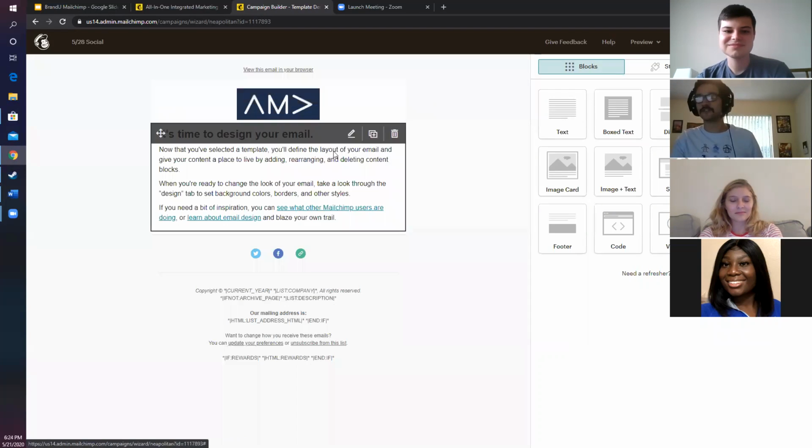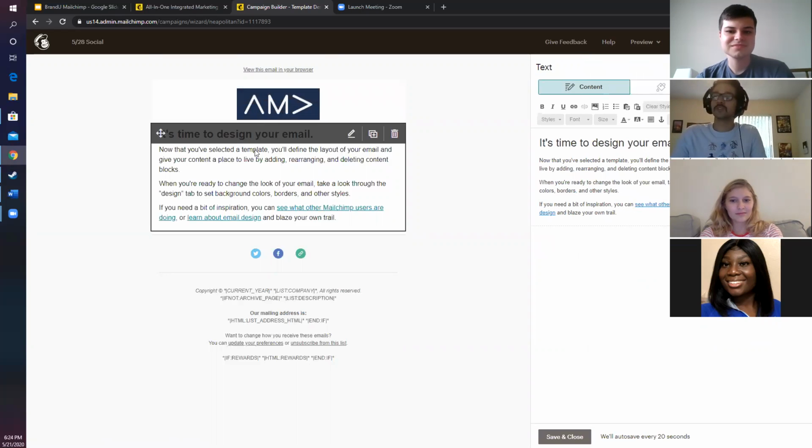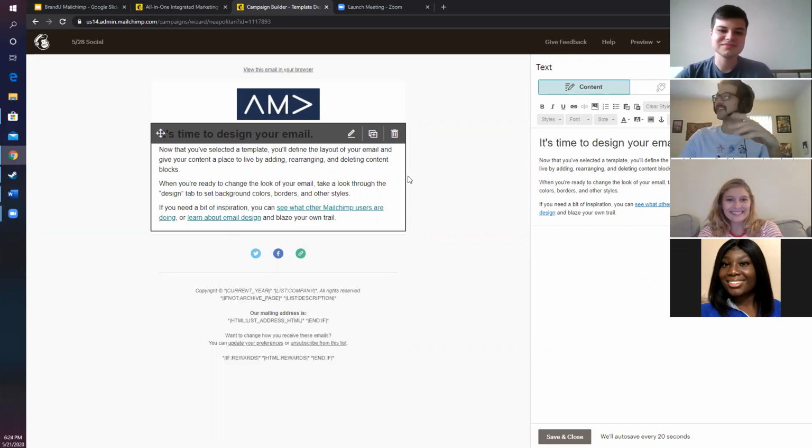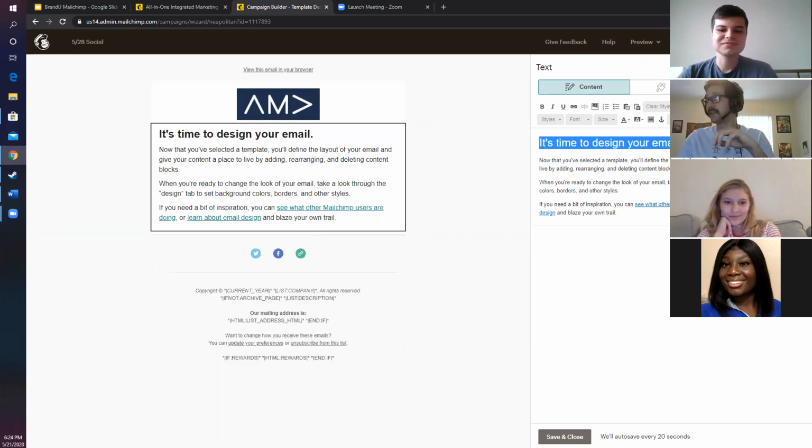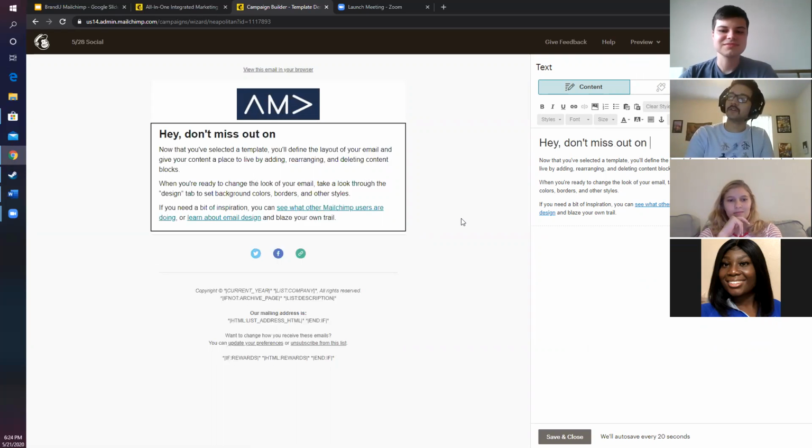You can get rid of it too if you didn't want it for some reason, but it works out for it. Time to design your email. It's really simple. You click on this little box, and then it gives you literally the text boxes that are right here. Now, what would we say for this one? If I remember correctly, hey, don't miss out on our social event coming up